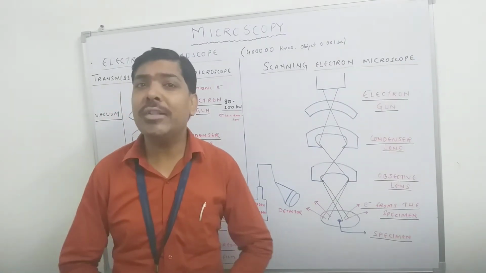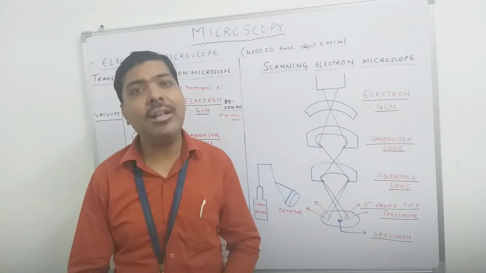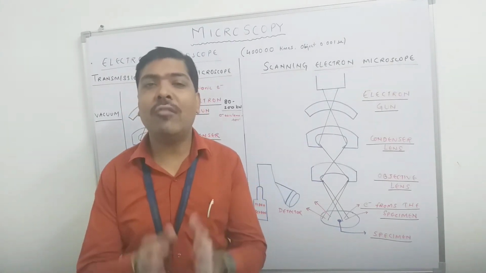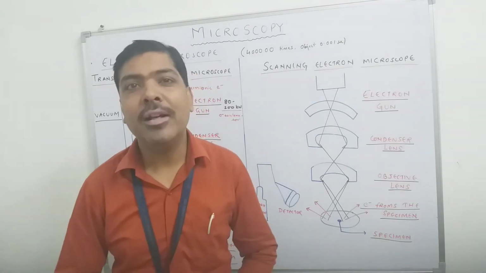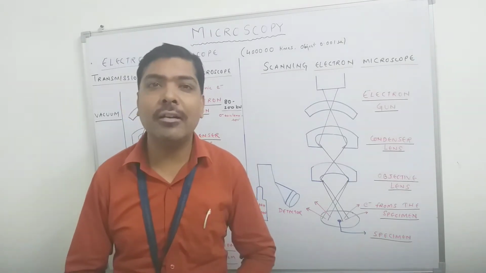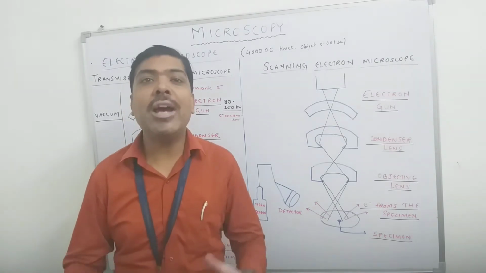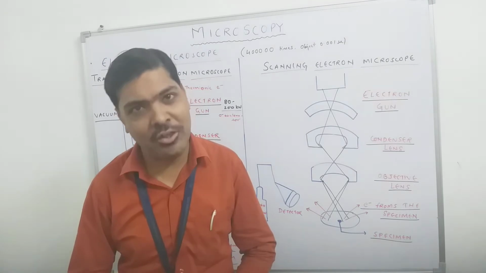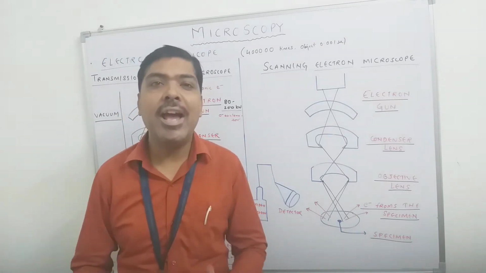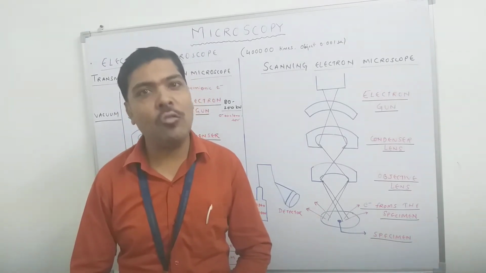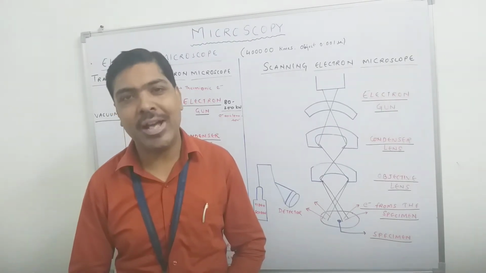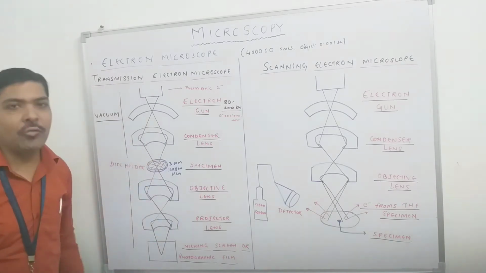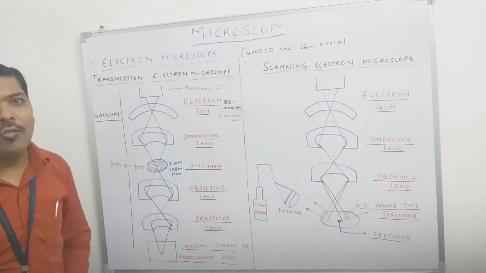Suppose we are using electrons, we need to travel those electrons in a machine, an apparatus or the microscope. While an electron is traveling, the presence of air may hinder its path. So the entire apparatus, the entire unit, is first evacuated with the help of a vacuum. The vacuum is created first, and only inside the vacuum can we apply the electron as a source. So first we have to create the vacuum in the transmission electron microscope.